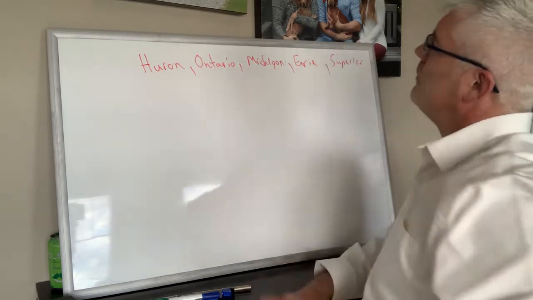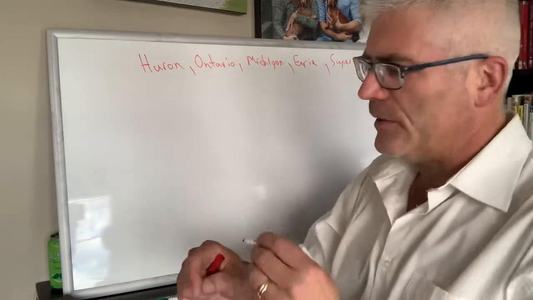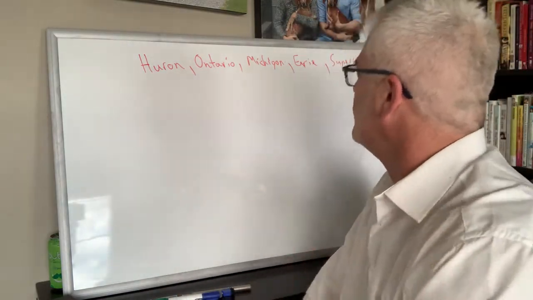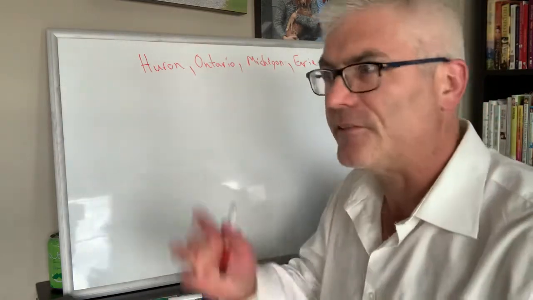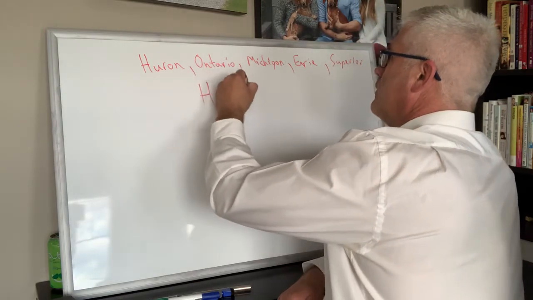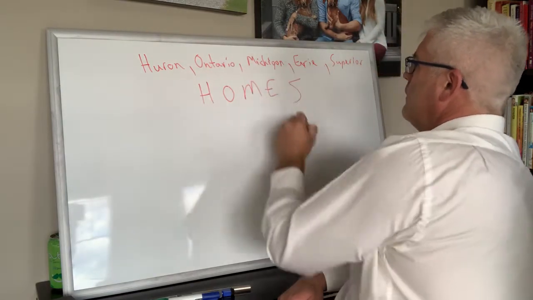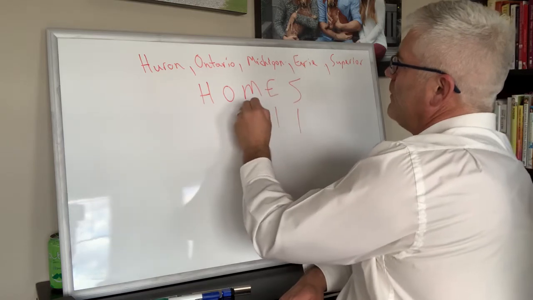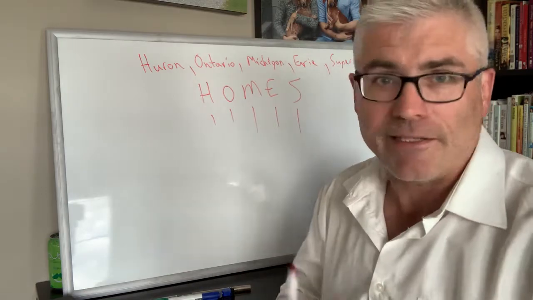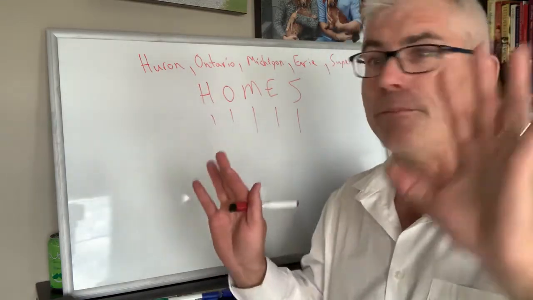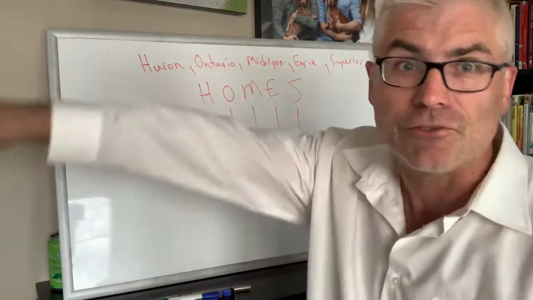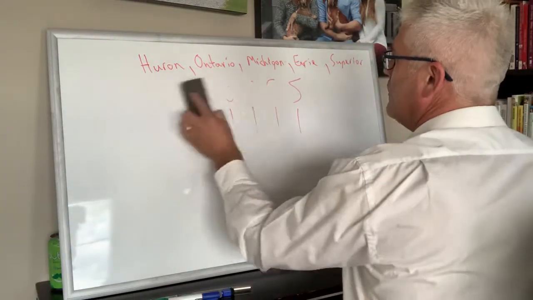You could do it a bunch of different ways. You can go, okay, Lake Huron, Lake Ontario, Lake Michigan, Lake Erie, Lake Superior, and just keep doing that. Or you can just use the acronym HOMES: Lake Superior, Lake Erie, Lake Michigan, Lake Ontario, Lake Huron. Those are the Great Lakes, just like that. So now you don't even have to worry about it. Whenever you think of homes, those lakes are stored on that word, homes.